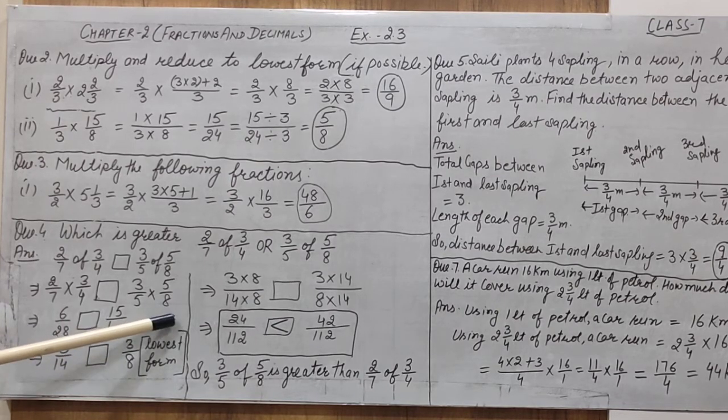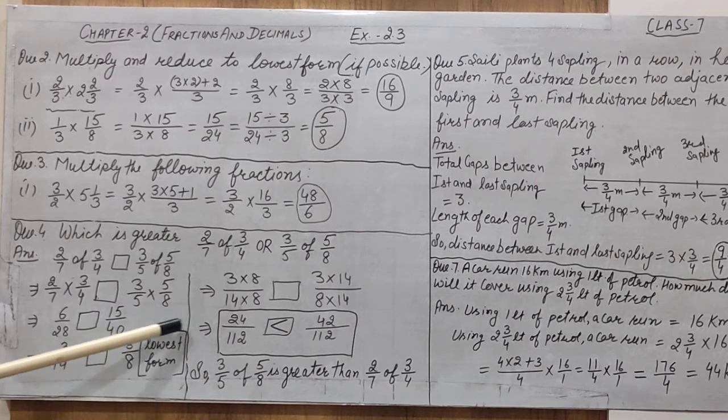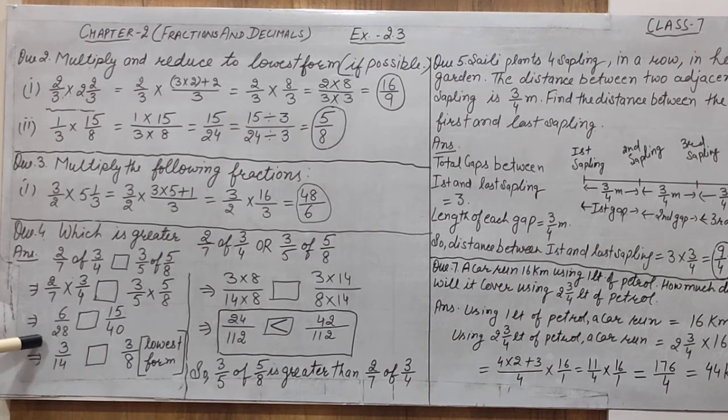Let us see the second term. 5 multiplied by 3 gives 15, and 8 multiplied by 5 is 40. The second term after multiplication is 15 by 40. Now, if we want to compare any two fractional numbers, it is very important that their denominators must be similar. Before we make the denominators similar, to make this a little bit easier, first of all change these two fractional numbers into their lowest form so that we can compare easily.